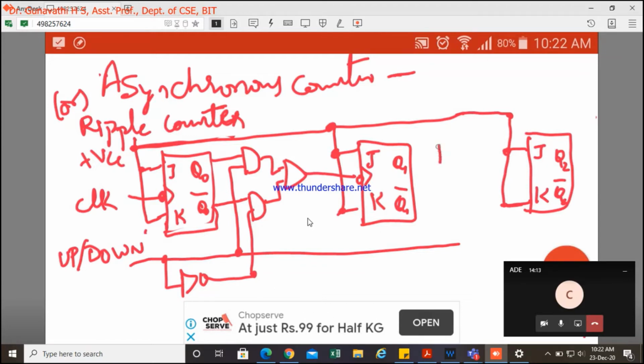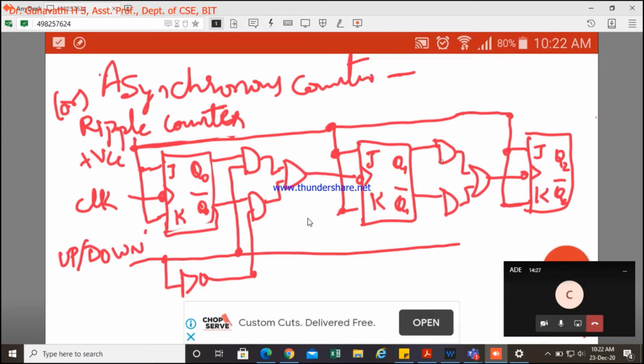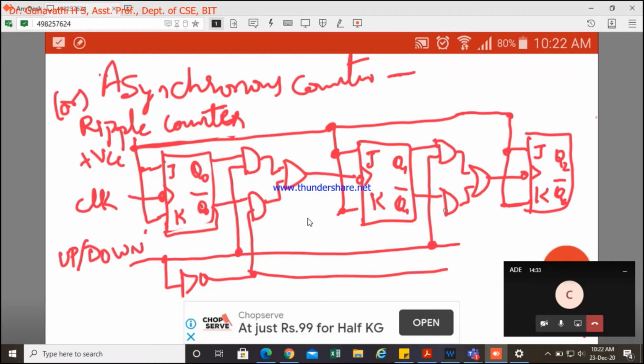So we'll have AND gates, and the outputs of the AND gates are connected to an OR gate. Now we can control this as an up counter or down counter based on the input we provide. Is this clear? Yes, ma'am.